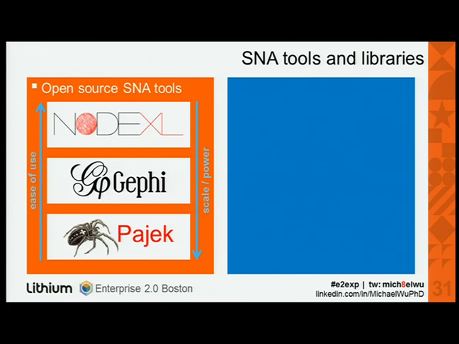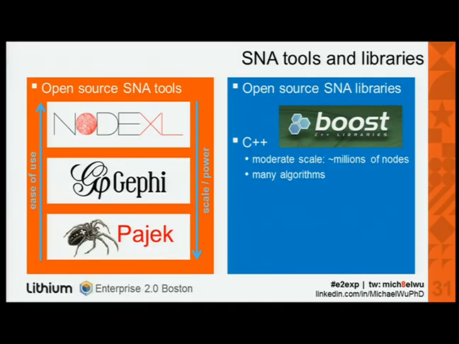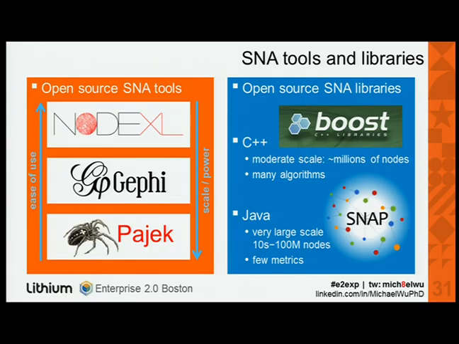Okay, and if you don't want to do SNA yourself, you want to develop SNA tools, these are the public open source libraries that you can use. This is the one that I actually use, Boost, the Boost Graph Library. It's in C++, and if you don't like C++, you could also use Java. Okay, so that's if you want people to develop SNA tools for you. All right, so let me get on to